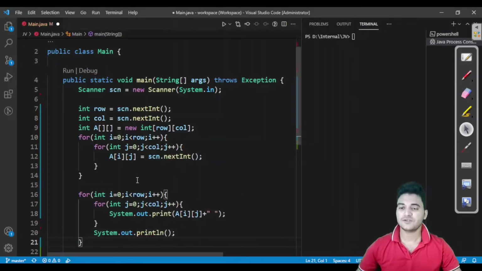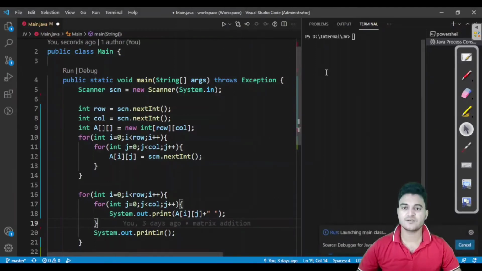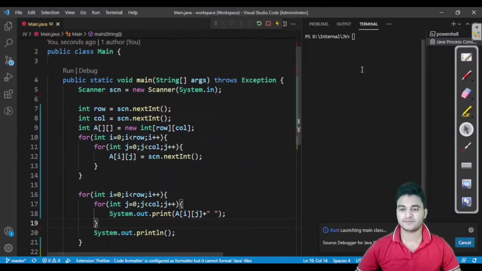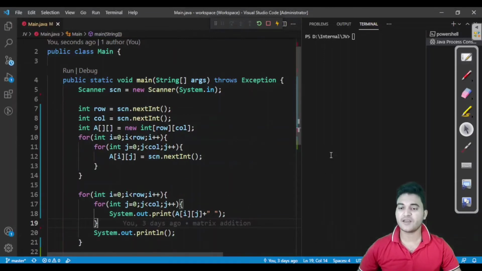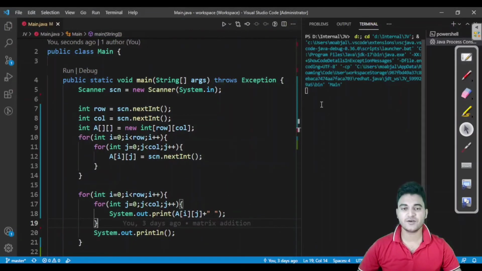So let us see what it is going to print now. It will simply print the 2D array, so let us give it a run. Row size is 3, column size is also 3, so 1 2 3 4 5 6 7 8 9. As you can see, it has printed the output in the exact same manner.